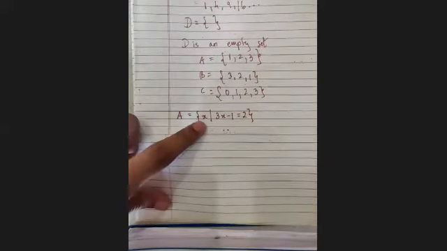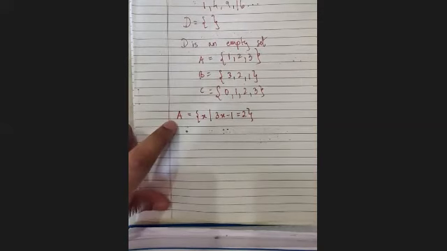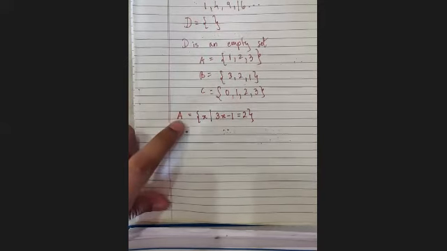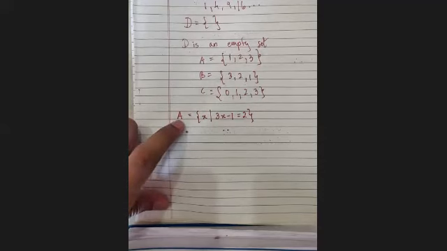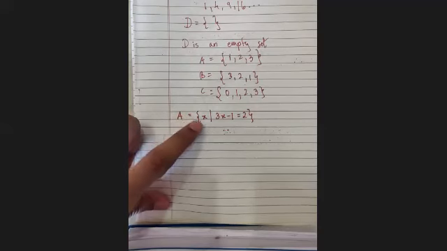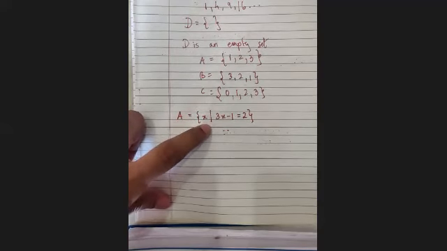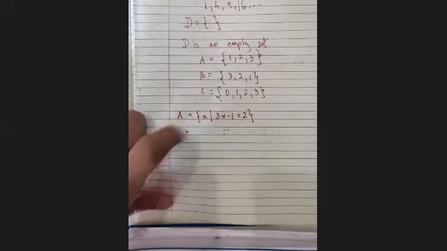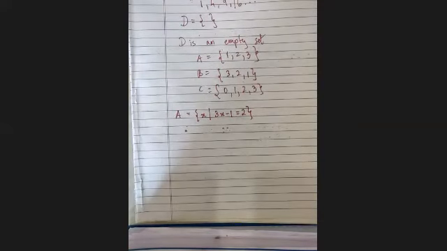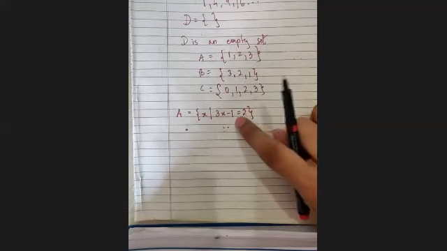What I'll do is I'll read the entire thing. You'll have to do it after me. Let me read the full thing. A is a set of all x. Repeat that much. A is a set of all x. Do you remember what this line means? Yes, sir. What does it mean? Such that. And read this. 3x minus 1. 3x minus 1 is equal to 2. That is an equation. Yes.